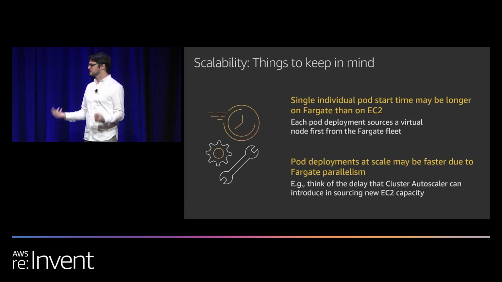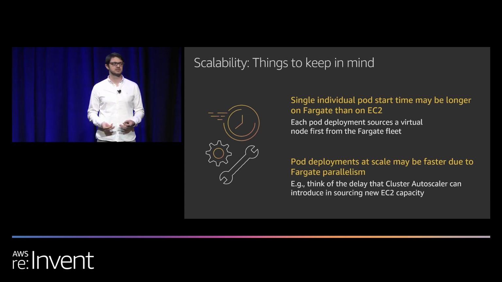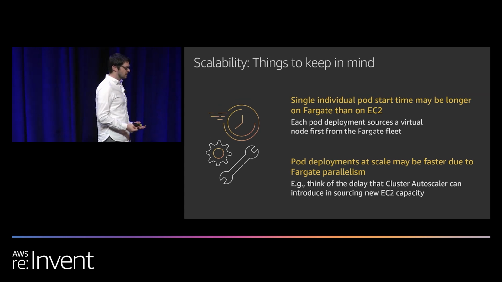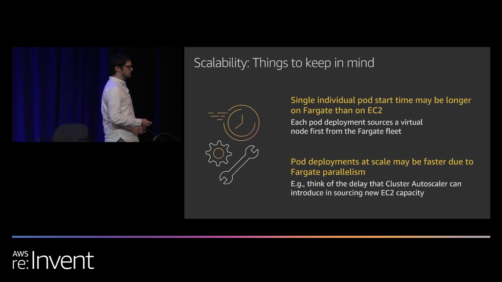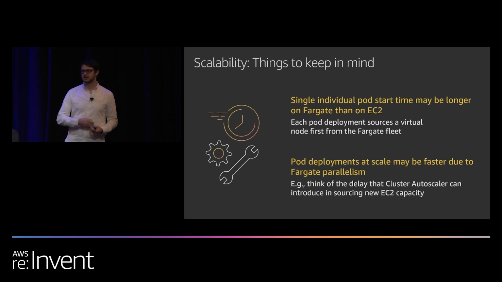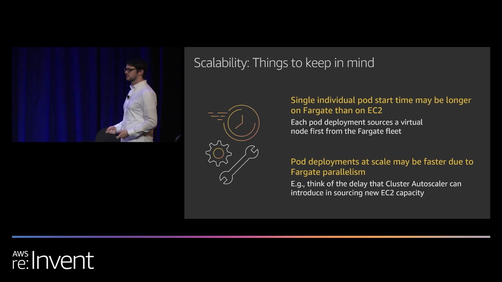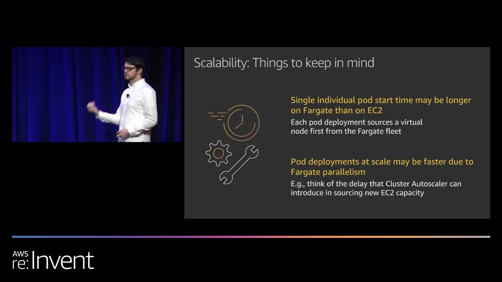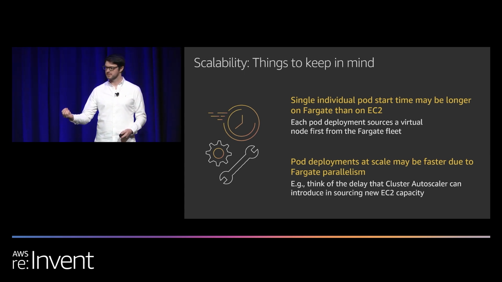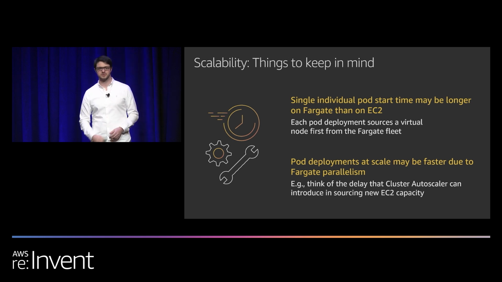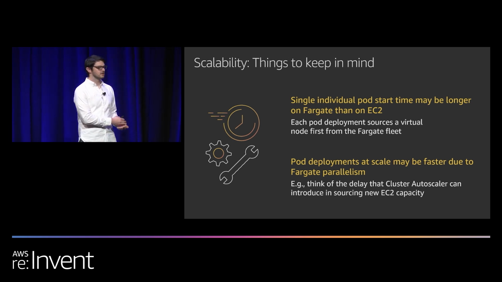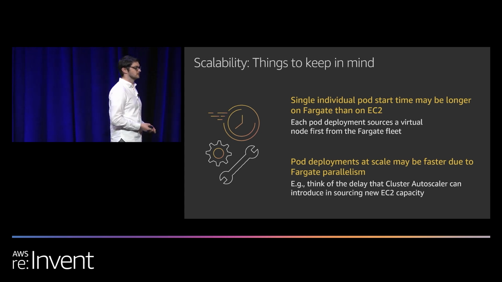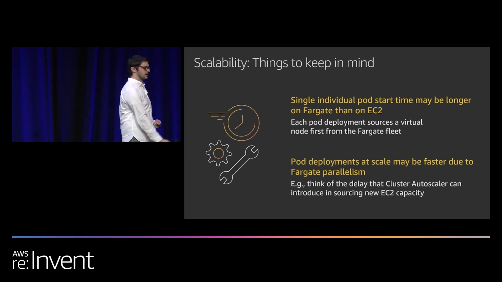Some interesting conclusions from this solution have to do with scalability. If you are running a really underutilized cluster, let's say that you have a lot of empty VMs sitting around and you need to start pods, those pods are going to start pretty darn quickly because all the compute resources already exist. They're provisioned. They're live. You're paying for them. If you have a situation like that, Fargate's actually going to be a little bit slower to start a pod than starting a pod on an empty VM.